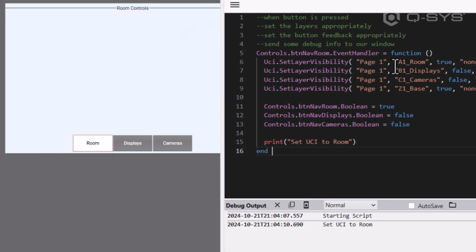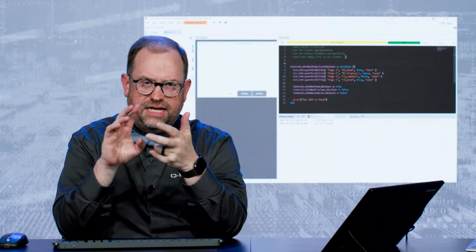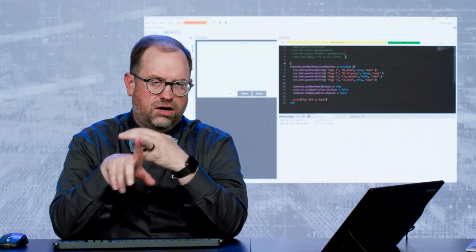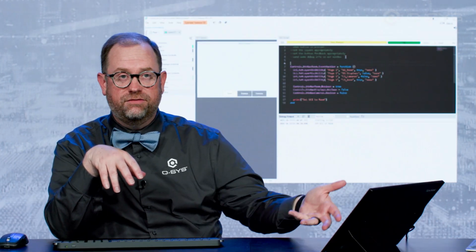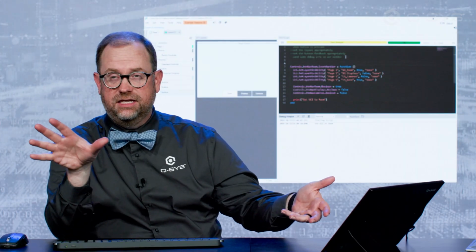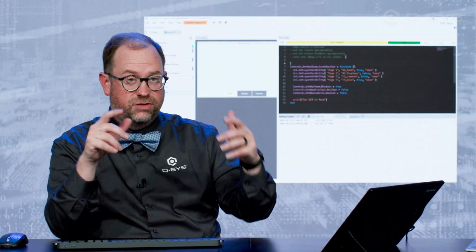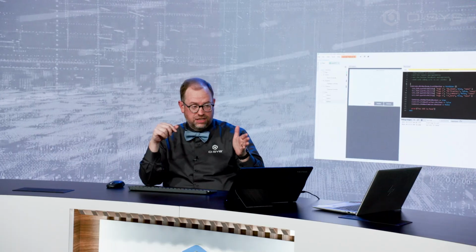So one of the first things that we should do as we set out to plan what these functions do, we're going to make a function that takes care of the layers. We're going to make a function that takes care of the feedback, and we're going to make a function that takes care of the printing. Are there any discernible patterns to the code? Now, we could have copied and pasted and built out the other three buttons just like Nate did in his version of the class, but we're going to kind of fast forward through some of that, and we're just going to use our imagination to imagine that we copied and pasted,